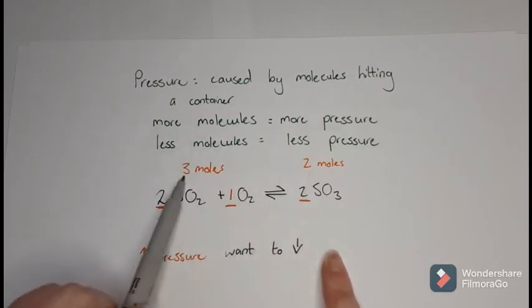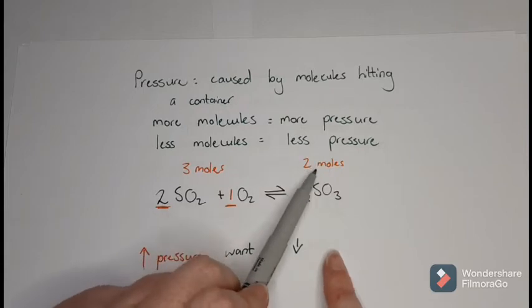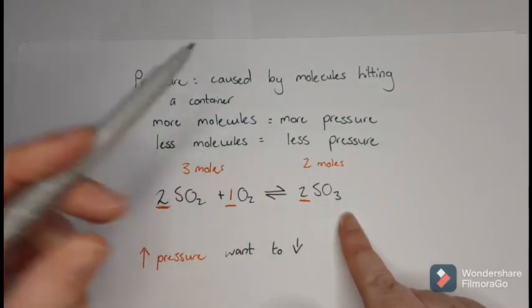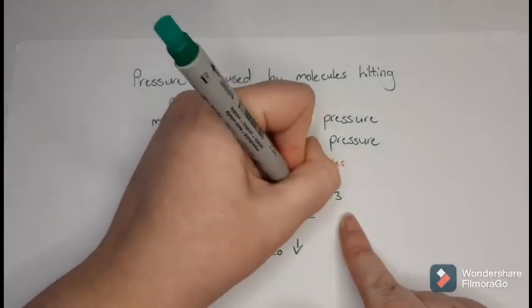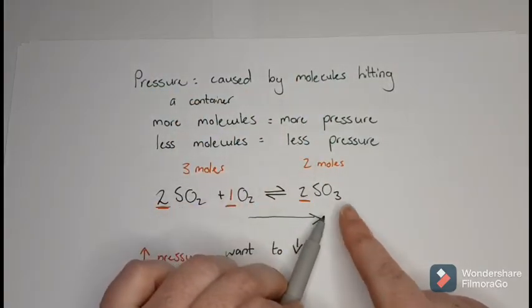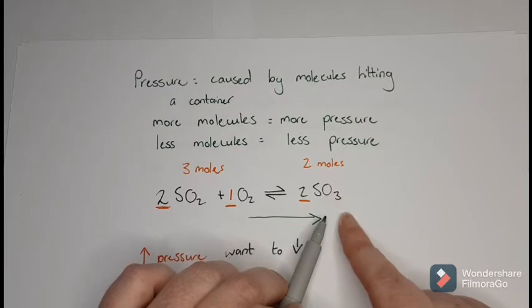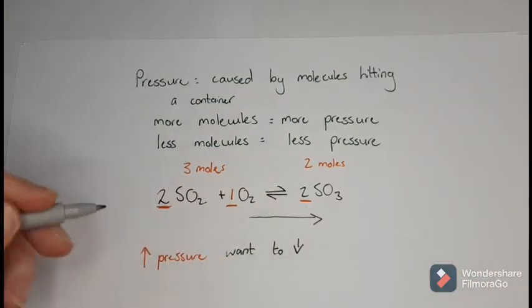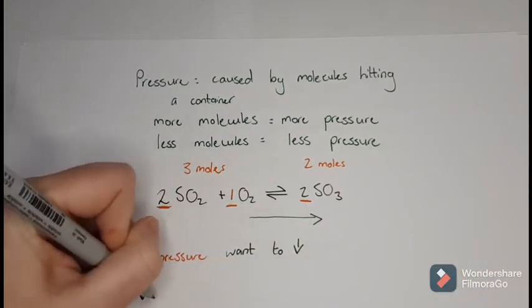So the side with the least amount of molecules gets favored. So in this one, since I have 3 here and 2 here, I want this side. So equilibrium is going to go this way because I'm going to want to make less molecules. So I'm going to shift to the right. If I then decrease the pressure,